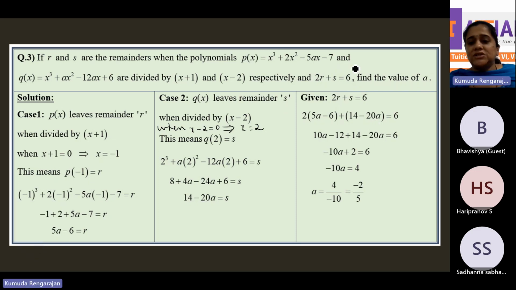So there's a third condition given to us: 2r plus s is equal to 6. So instead of r, we need to use